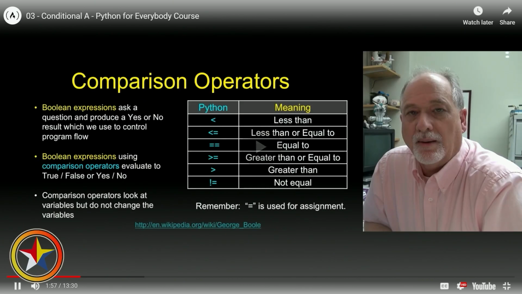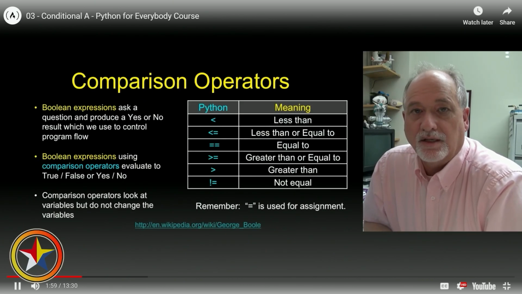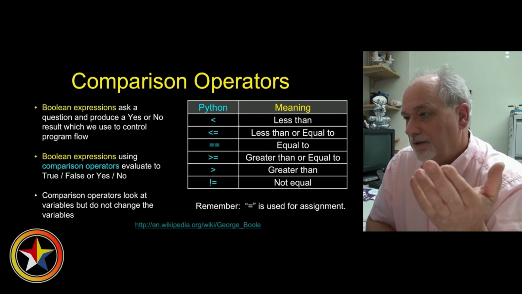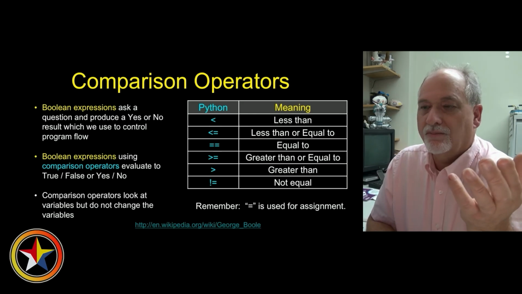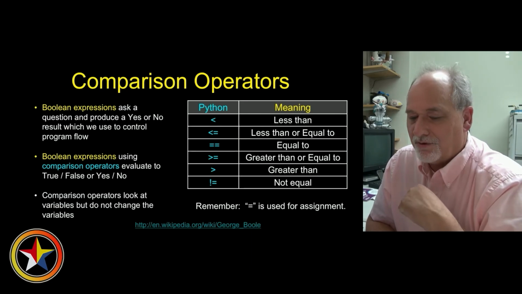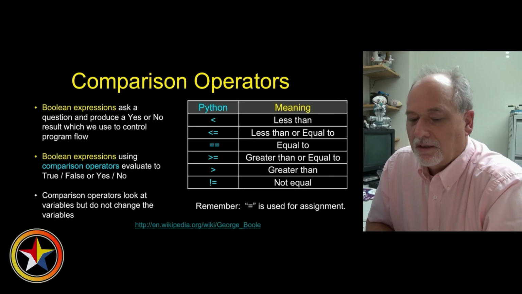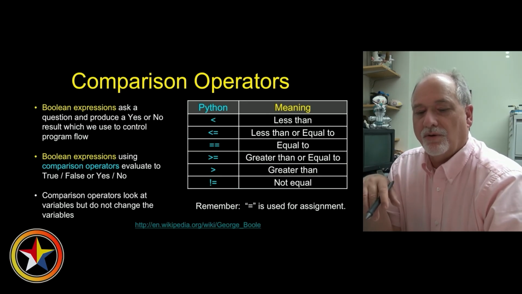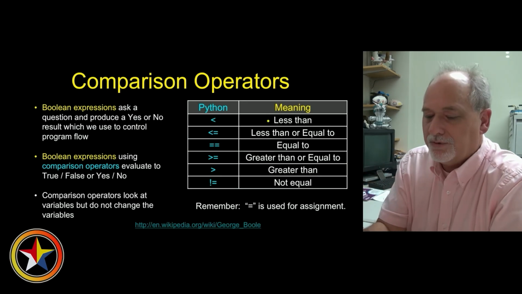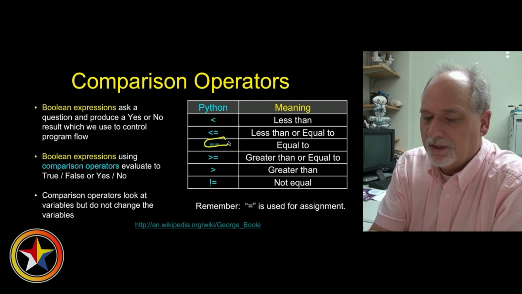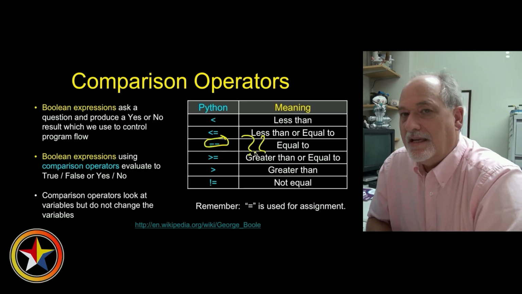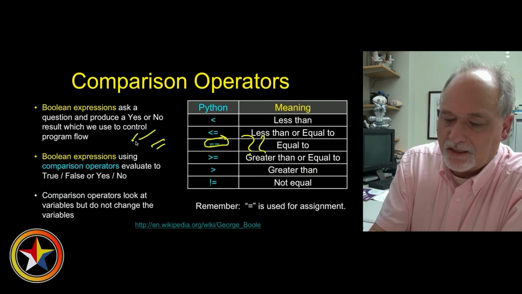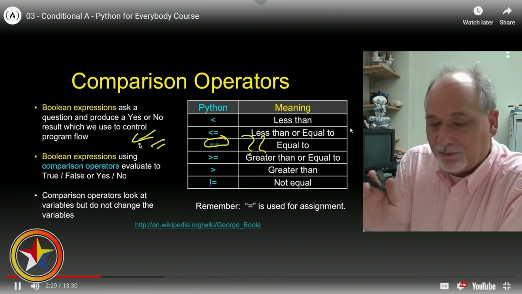Chuck go over. And operators that we can use to ask these true-false questions that say, is this true? So again, we're kind of limited to the keys that were on computer keyboards in 1940s and 1950s, less than or equal to. So we didn't have fancy math characters, so we just concatenated less than and equal to be less than or equal to. This double equals is the asking, is this equal to? And so that's a little tricky. The equal sign is that assignment operator. Yeah, that's what he's saying